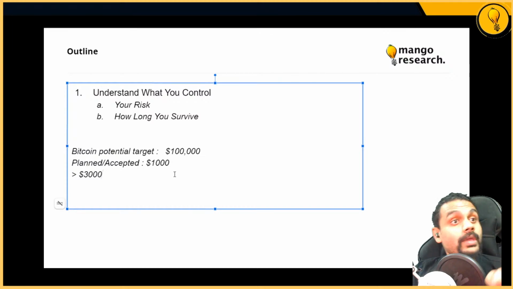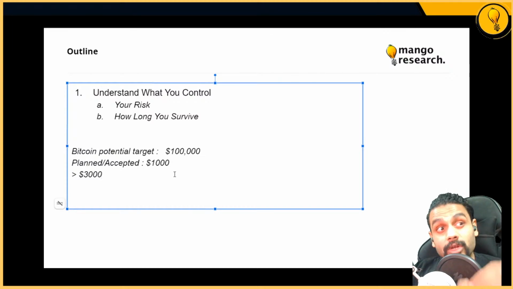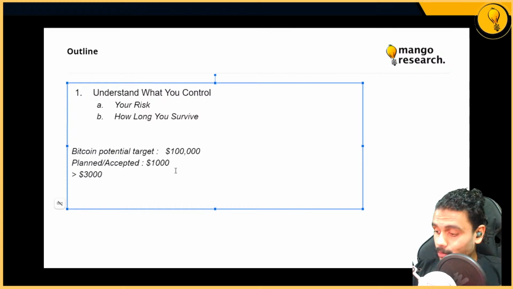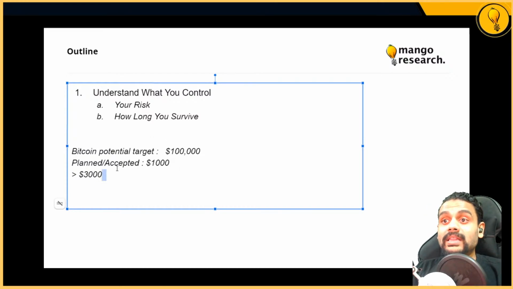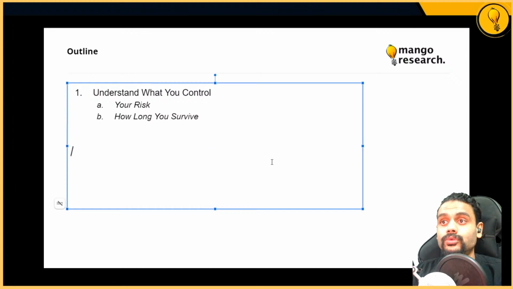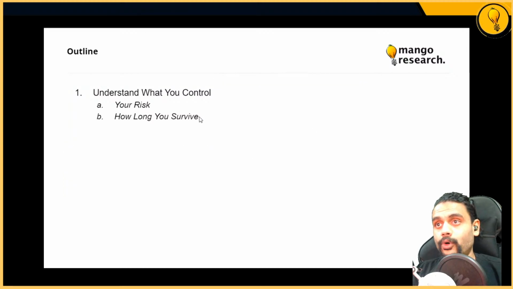Okay, so this is really important to understand. If you have said, I'm going to lose $1,000, you only really take a loss, guys, if you lose more than that, because $1,000 is the price you pay to be part of the trade. Now, this gets me to my next point.